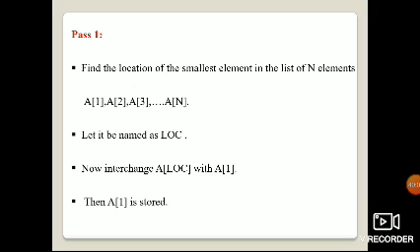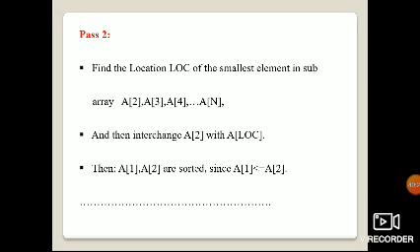And this is the passes, finding pass 1. If we have n passes, the first element is where we will be exchanging, exchanging with location and with a of 1. I am not taking any other element. This is the first pass, only the first element you have to exchange. In pass 2, exchange with a of 2 and array of 2 with location. Where is the smallest number, that only you have to exchange, not with the other elements. Okay, 1 and 2 will be compared. So if 1 is less than 2, then it will go.